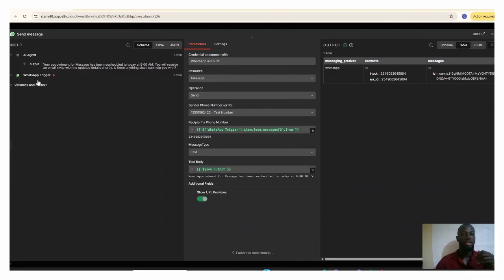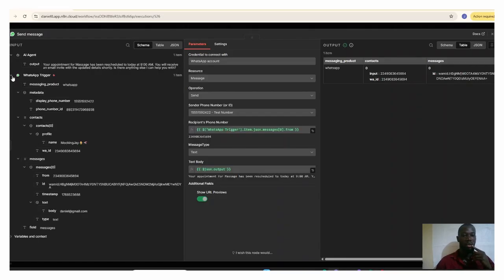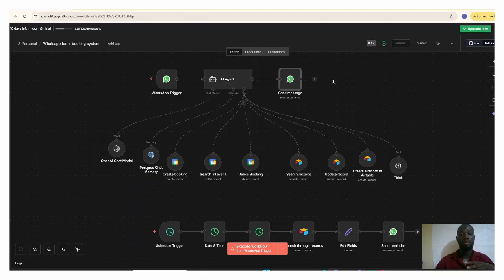So I just dragged the output here. The recipient number was from here. That means this from here. That's what I dragged here, and basically that is it. So basically that's how you set up the WhatsApp trigger, and then you can also use it to ask questions